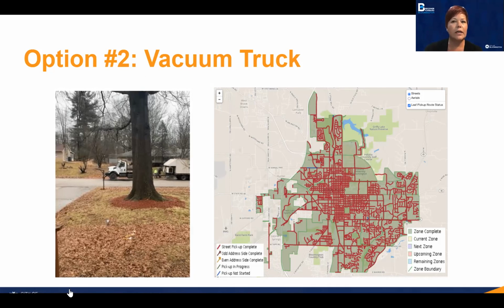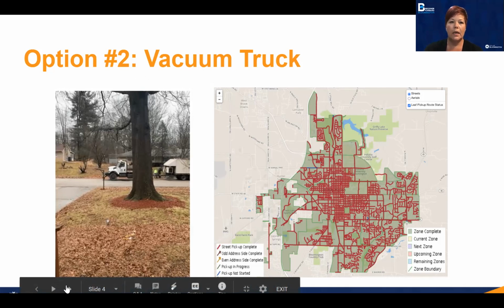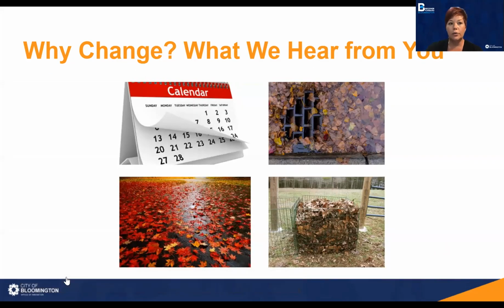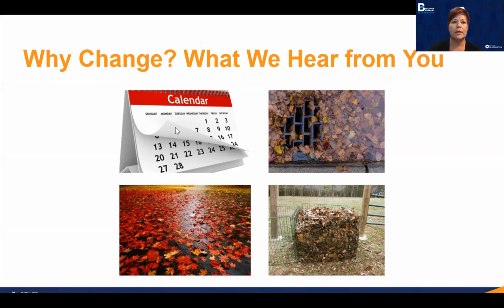So, question is, why do we want to change the leaf collection program? The decision to make a change is based on information that we heard from you, as well as information from City Council and City Administration. First, what do residents say? Through interviews with residents and from nearly 400 of you who completed the survey about this service, we heard a